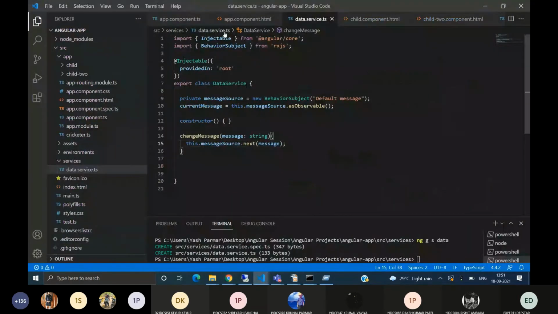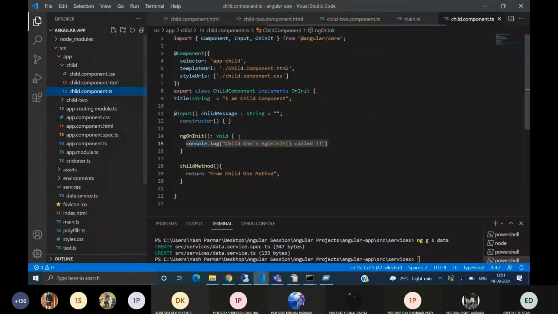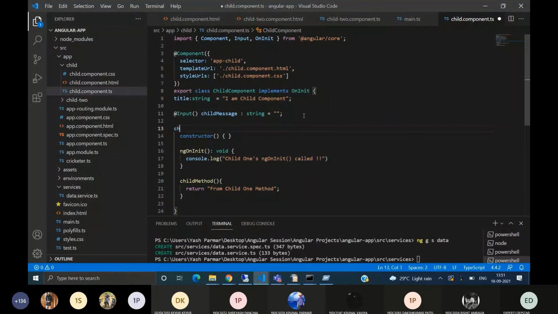Like we want to pass data from child 1 to child 2. So in child 1's TS file, child 1 message.